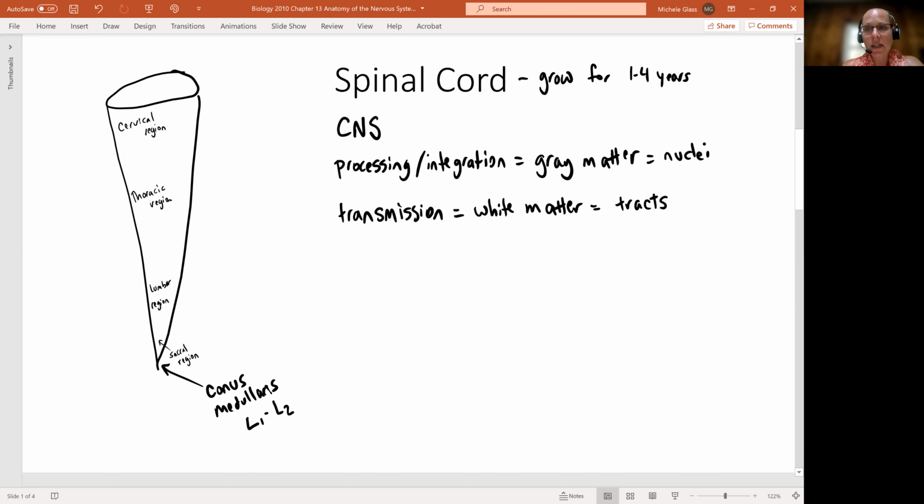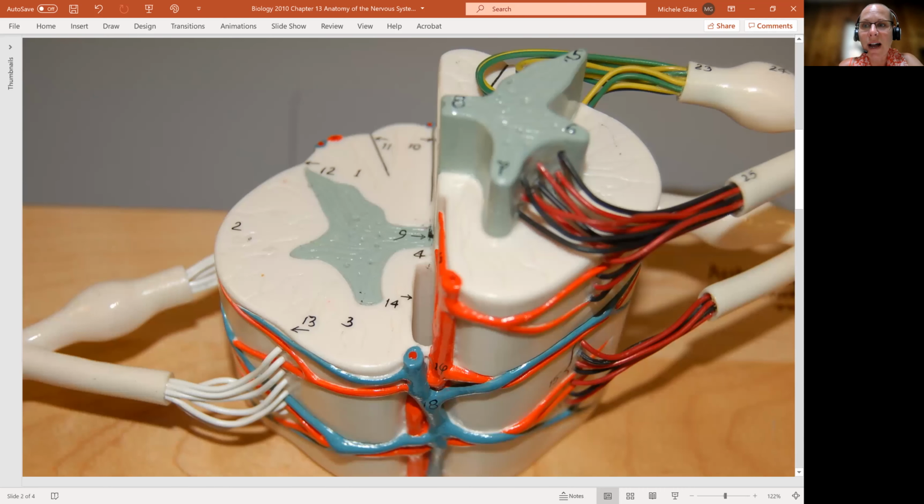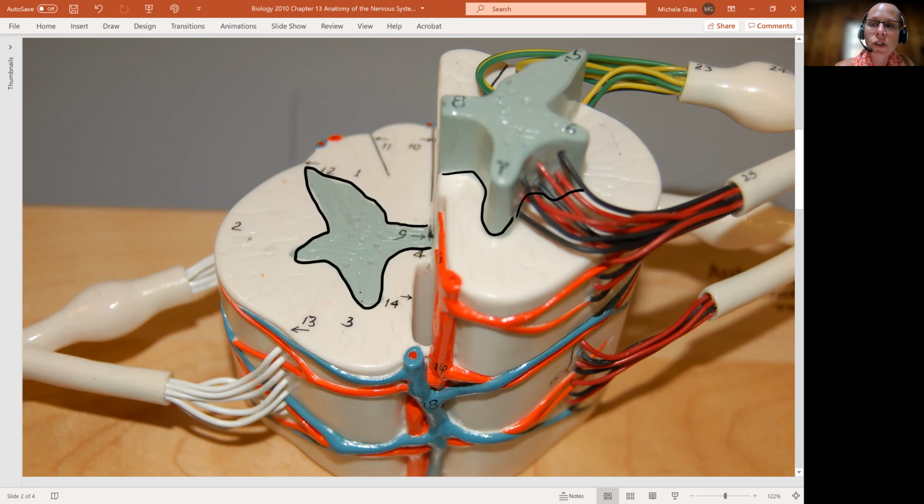Posted in the description of the video, I have this image. This is a photograph of a spinal cord model that we have in our laboratory. And you're seeing really a transverse cut through the spinal cord. And so we're able to see at the center, let's label the gray tissue that we see at the center of the spinal cord. So remember that this is a cone-shaped overall structure, but when we look in the center of the spinal cord,